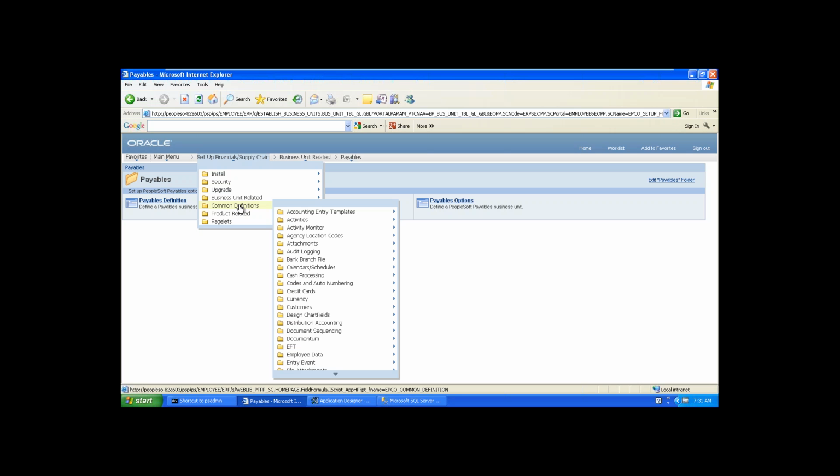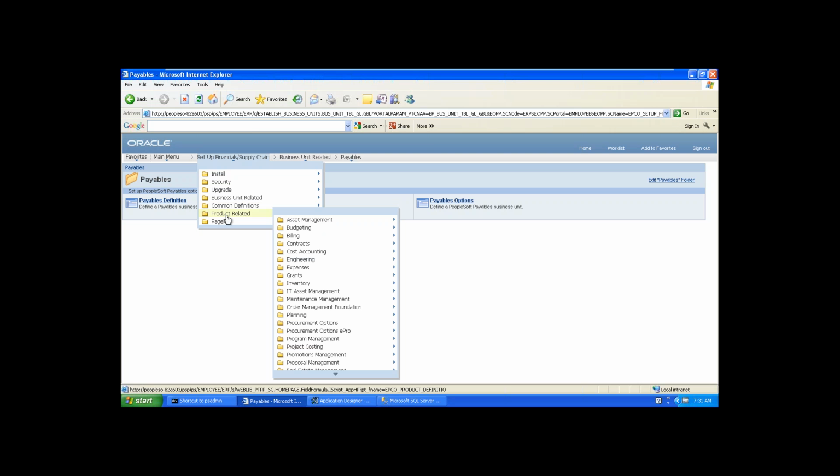You got what I'm saying, right? So whatever setups that you do in the common definitions navigation, those setups can be used across the system. They are not specific to any module. Okay? Clear?